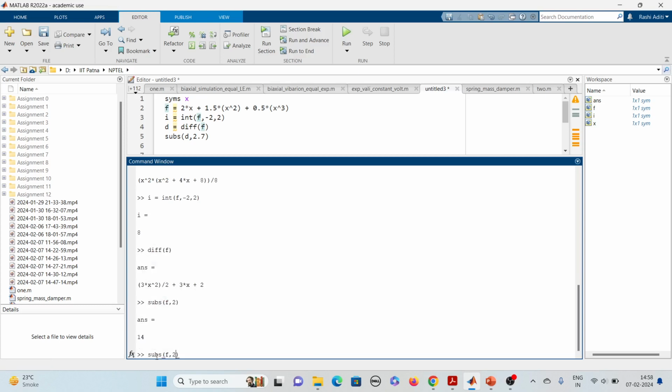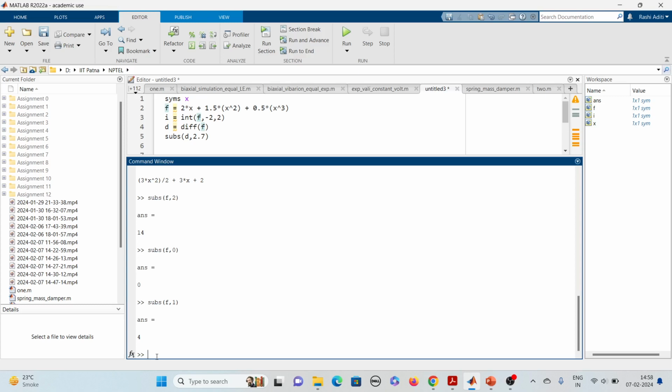Oh, sorry, I said 0. F comma 0. So this is what I get, 0. What if I want to have the value at 1, subs of f comma 1, which is 4. And likewise, you can find similarly for differentiation, I'll get the function in terms of the variable x, and then